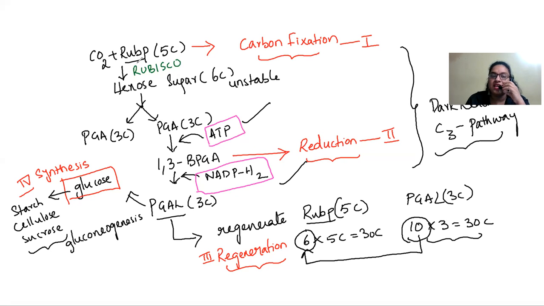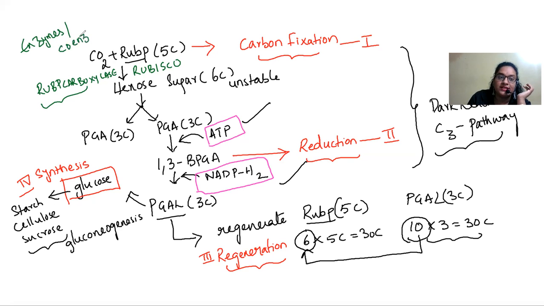So the same enzyme is the rubisco, which is RuBP carboxylase. We can call it carboxylase. And there are many enzyme contributions in this particular cycle. Enzymes as well as even the minerals are participating,